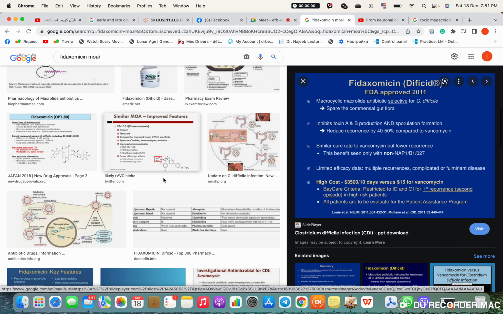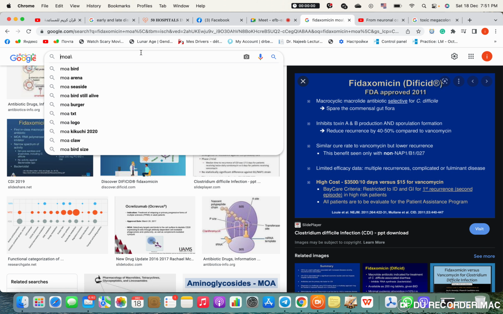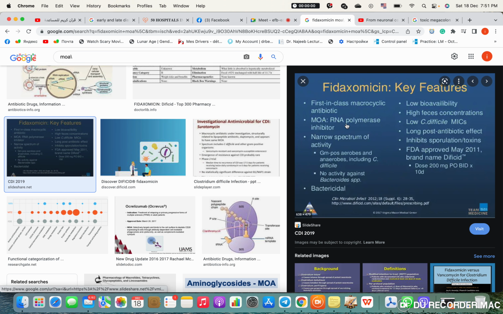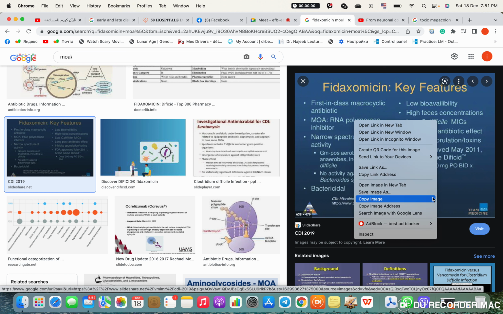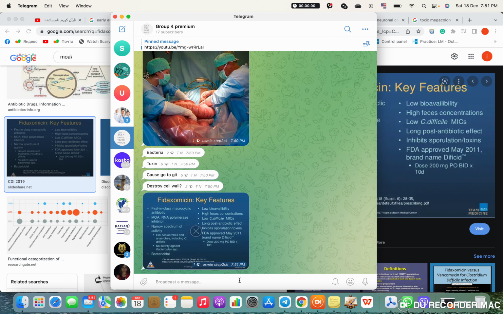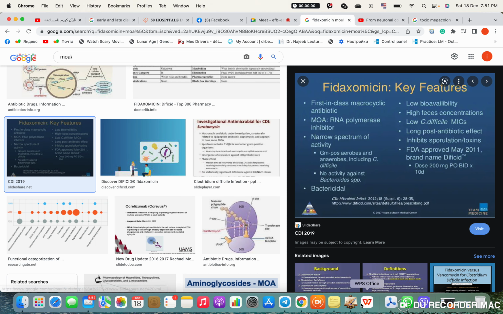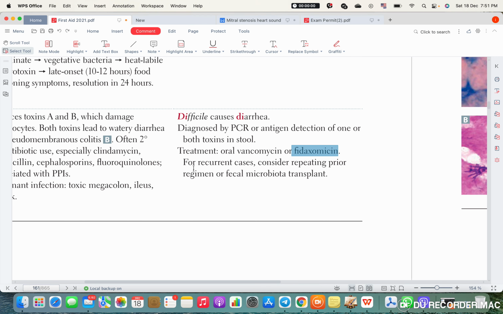So you need to know exactly how it works, right? And to proof check it, you always need to use the app. Please, it works. Oh yeah, here it is. RNA polymerase inhibitor. Write it down, the gamma subunit of it. So let me just send this, the gamma subunit. Okay? Good.